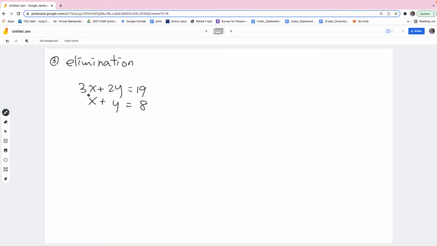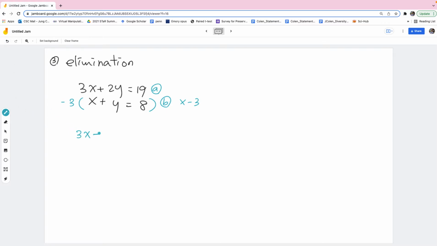You can either get rid of the x term or the y term. To get rid of the x term, I can multiply this whole thing by negative 3, because then I will have positive 3x up here and negative 3x here. So when I add them together, it will be gone, right? So that's what we're going to do. I'm just going to leave the first equation, a, but I'm going to multiply b by negative 3. Okay, so a is still the same,